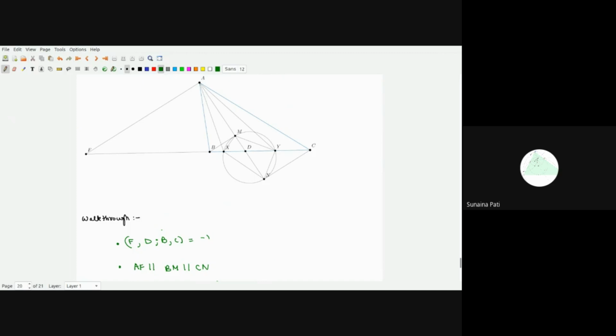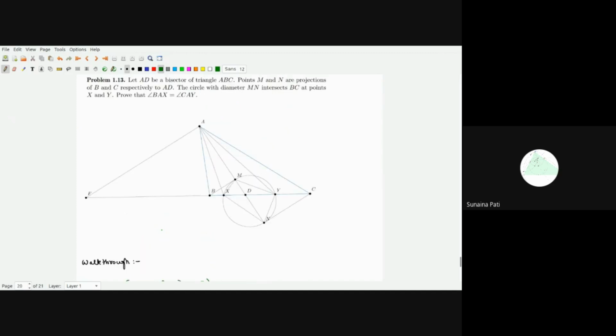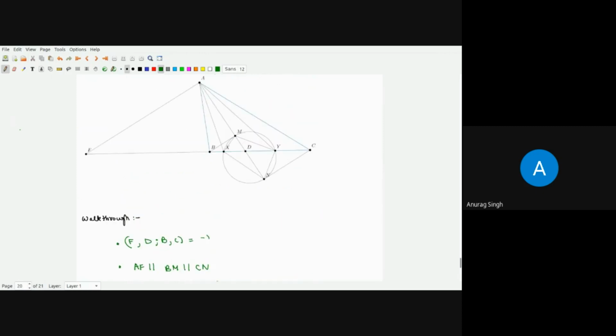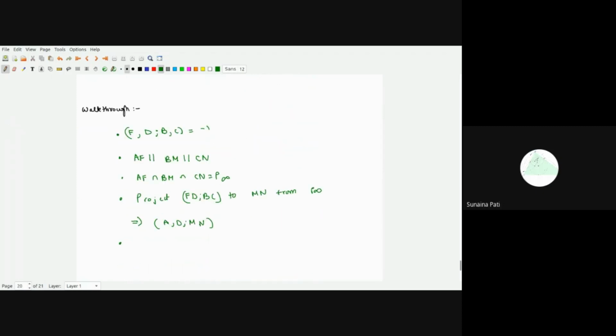There is actually a simpler thing, a very simple thing. Can I tell what this is? Go ahead. We project from the point at infinity. We already did. Okay, yes. Then we get that